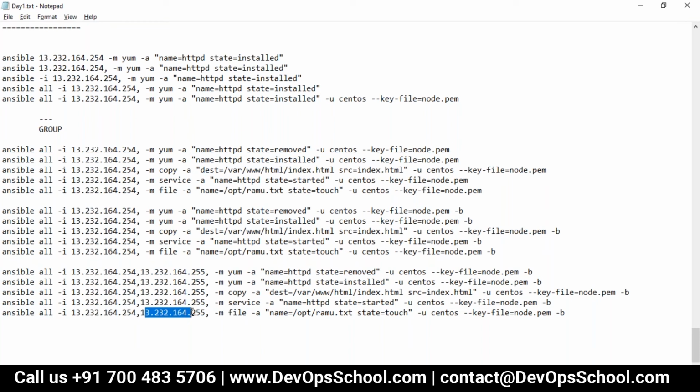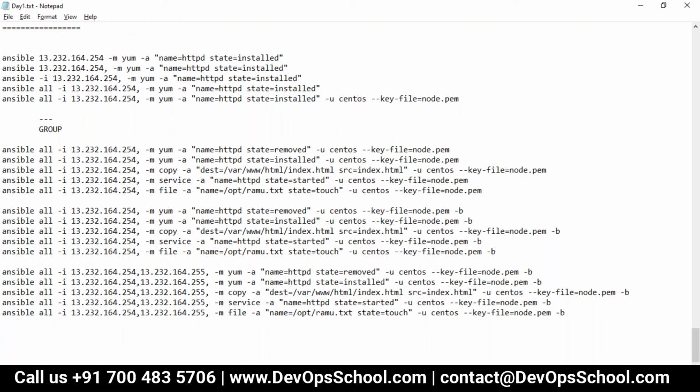But in a playbook, when you write multiple modules, the default behavior is fail. That means if one module fails, the whole execution will fail. Right now I am not getting into playbooks. I don't want to talk about that now, but we'll talk about it slowly and get going. Okay, makes sense? When we are using ad hoc commands, that's not the case. It will go on to execute in parallel on all the servers.